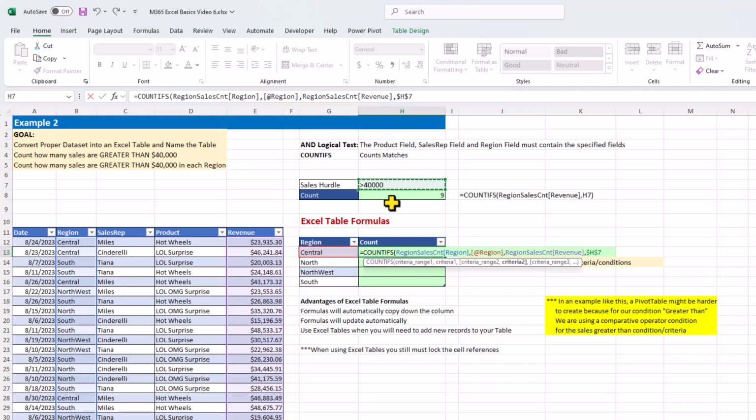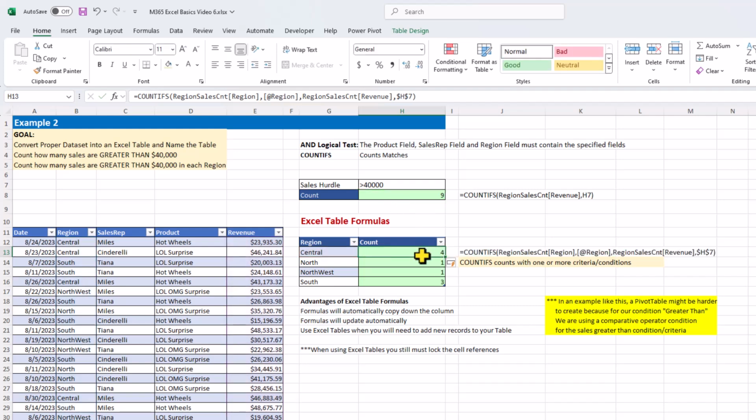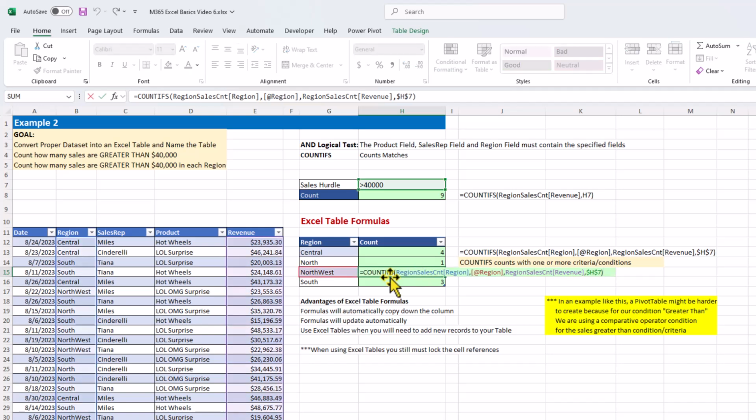So F4 to lock that, and I will close my formula. And now when I press enter or control enter, I can see my formula has updated and copied down automatically down the column. And if I click on any of these cells to verify the formula, F2, I can see